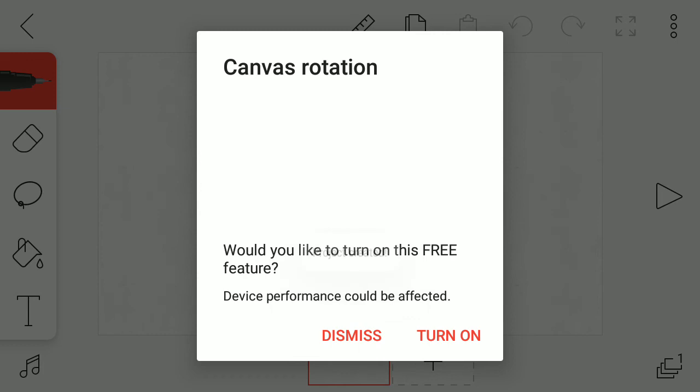So if you have a drawing tablet, if you don't have a PC, and if you're a beginner in animation, I would say Flipaclip is a great choice. The difficulty curve of learning Flipaclip is really low, and I've seen a lot of good animations made in Flipaclip,